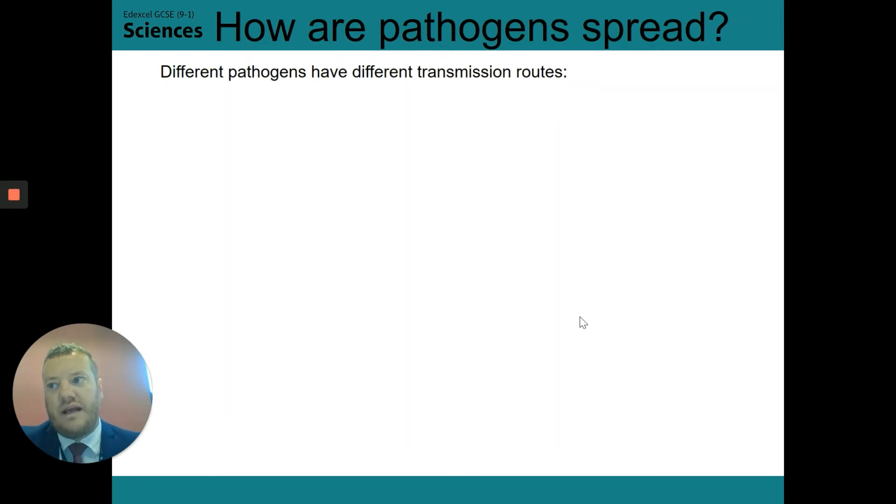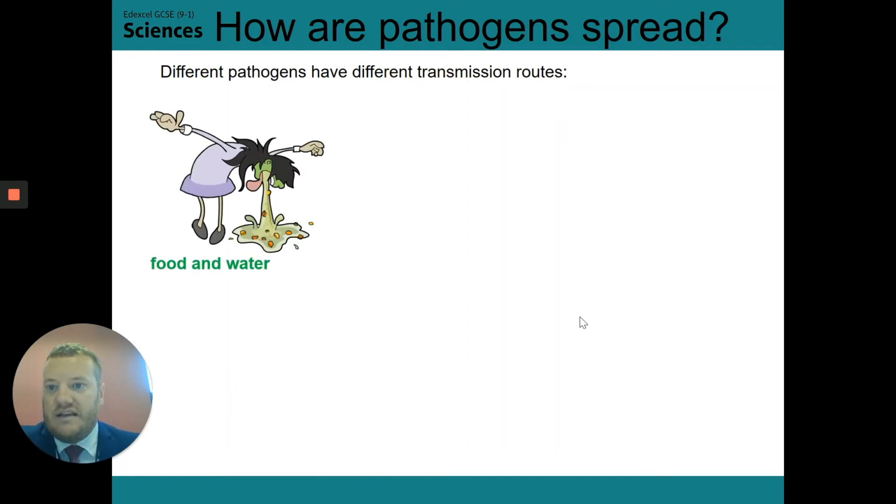So as well as being able to group into different types and being able to be grouped in terms of how they cause illness, pathogens can also be grouped in terms of how they are passed along, or how you pick them up and become infected by them. We call them transmission routes or transmission methods. So one way is you eat infected food or you drink infected water. So that could be because the pathogen has naturally got into the water supply or something like that.